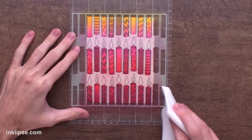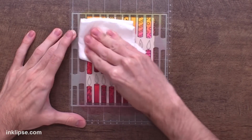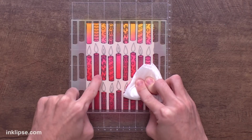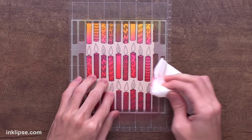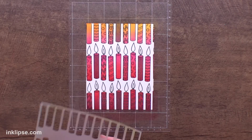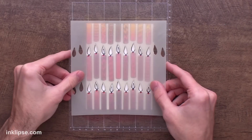And then there's excess ink on top of the stencil, and while it's still on the background, I'm just going to quickly wipe the stencil off. This helps to clean off the stencil, but it'll also buff off any of the extra color that's on the embossing there. So it's helpful to do that before you lift it off so that it covers all the white space. All right, so then we'll lift off that stencil, and then we can easily move into the next stencil,